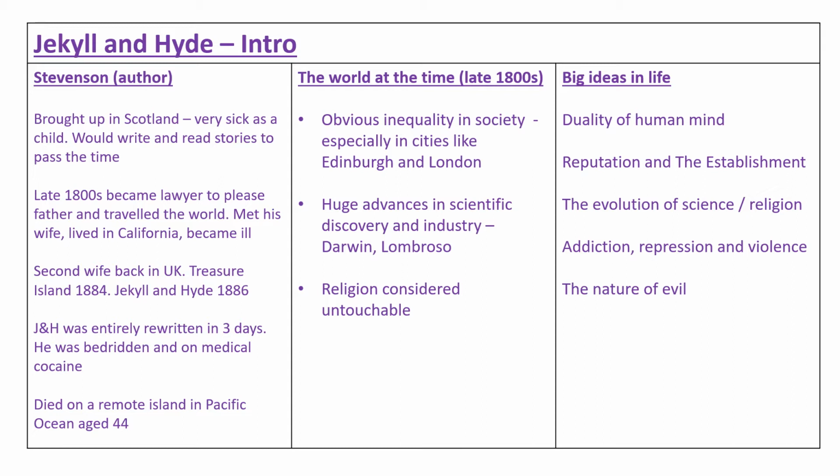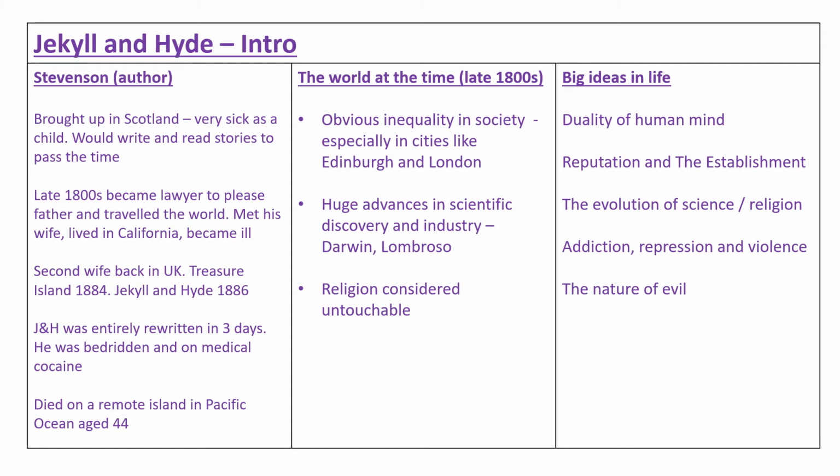Again, that's quite relevant to this book because the main narrator in this, Utterson, is a lawyer as well. So he sees law as a kind of powerful figure in society, someone who could be trustworthy. But he didn't really like that. He ended up traveling the world and sort of escaping that literary world and his father and his family. And he went off to America where he got married. But he got worse, he got more and more ill, he came back, he married again, and he ended up sort of hitting his literary writing prime when he got back,